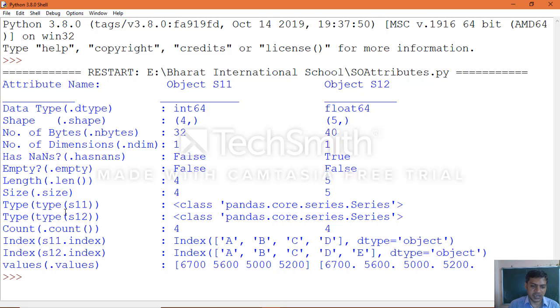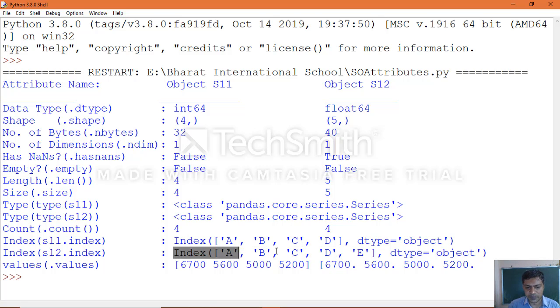Then the type of the object: as we can see, the S11 object is a series object, and the same for the S12 object. Then the indexes of those objects: the S11 object index you can see clearly as A, B, C, D, and the data type was shown as object, and the same for the S12 object which we created.